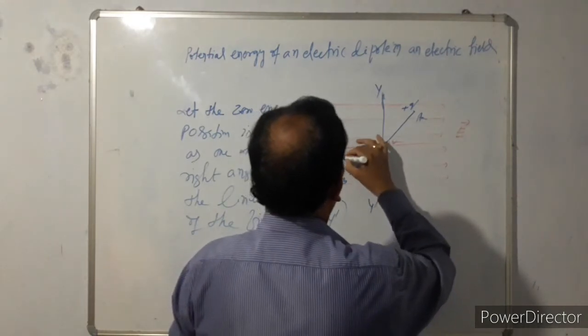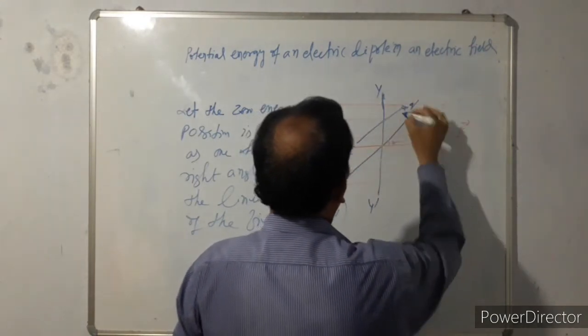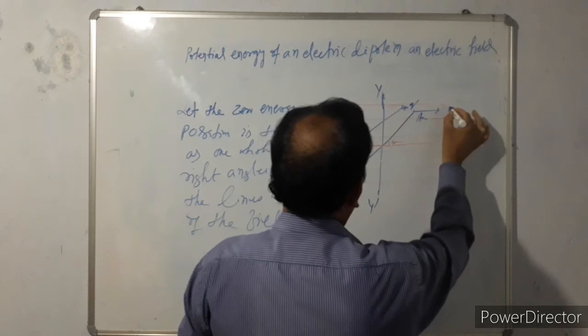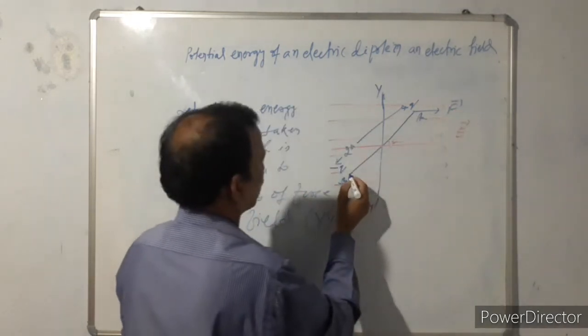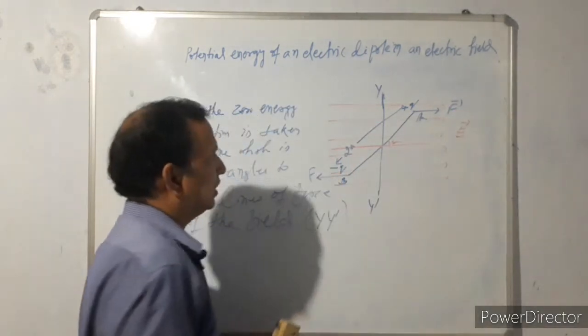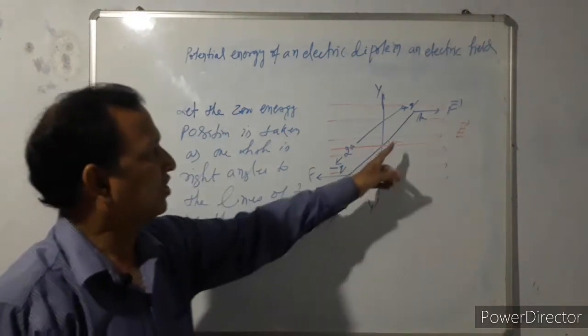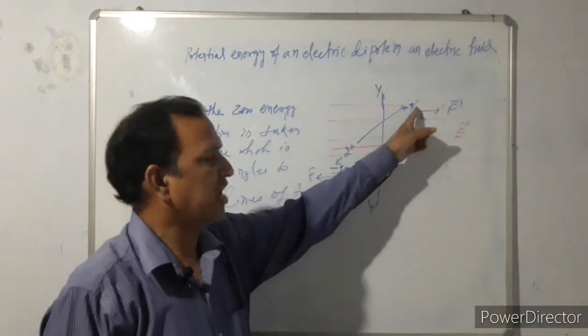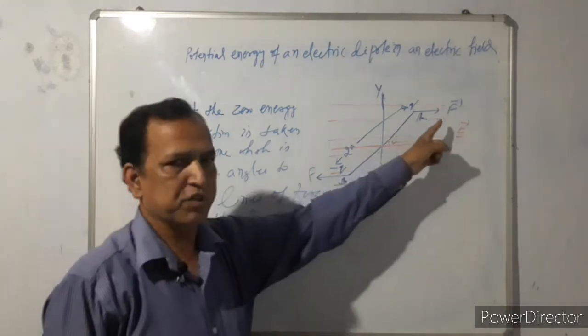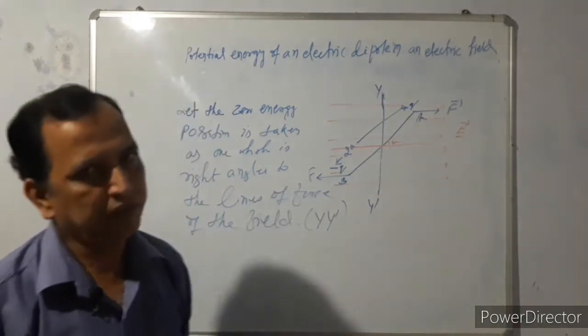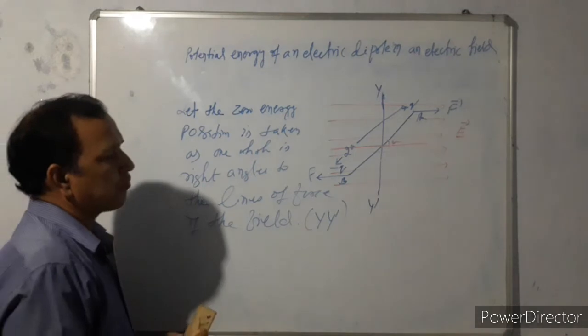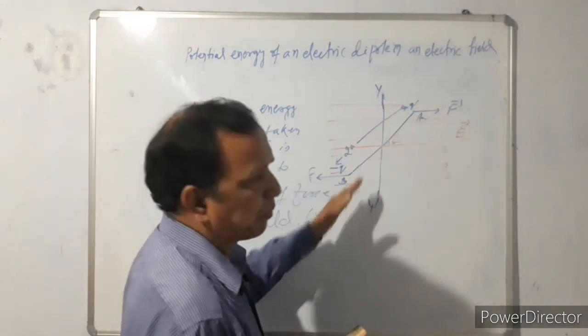The length of the dipole is 2a. At this position, the force is F. So 2a is the dipole length. Theta is the angle of inclination, charge is plus Q minus Q, F is the force, E is the electric field intensity. Now, this dipole